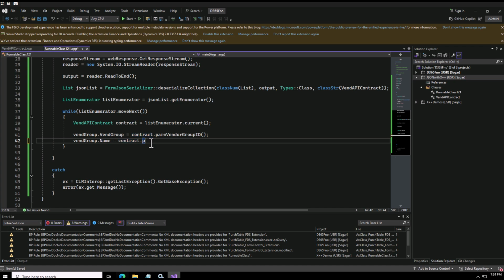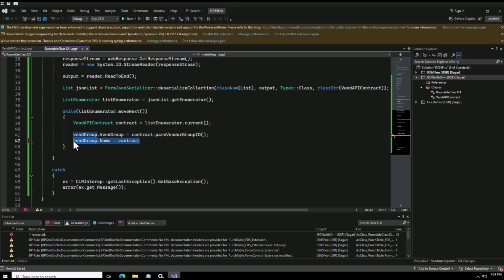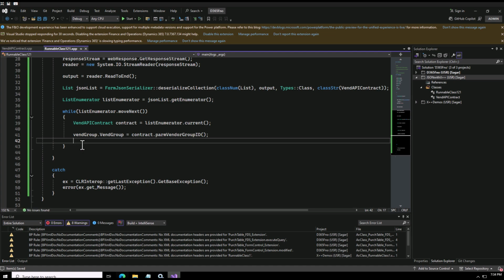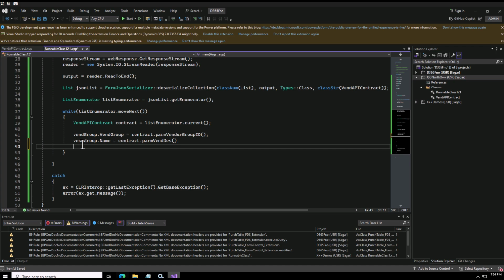So contract dot, let me see if there is anything that is getting wrong. Let me remove this first. Let me try to save it one time. I will say now when group dot name equals to contract dot param vendor description, and then at the end,